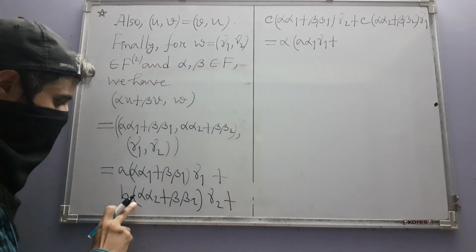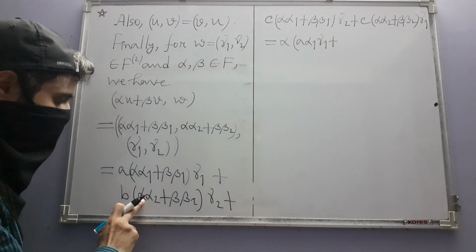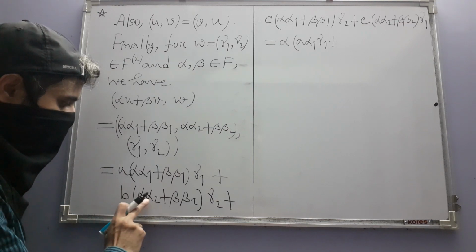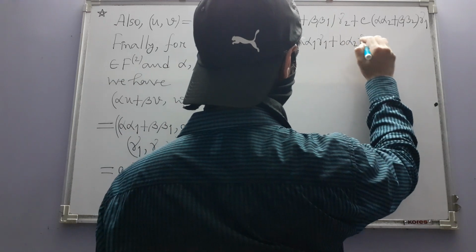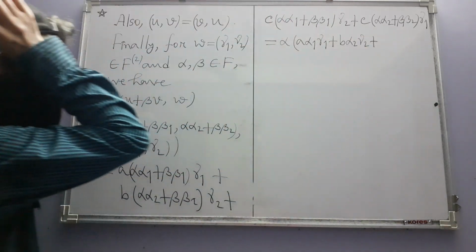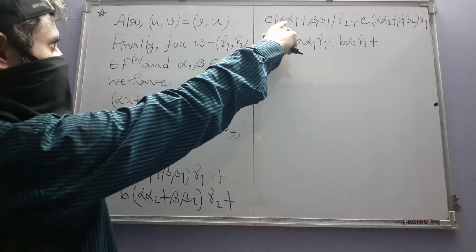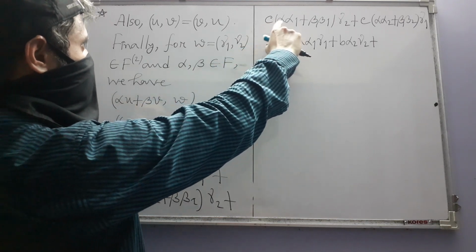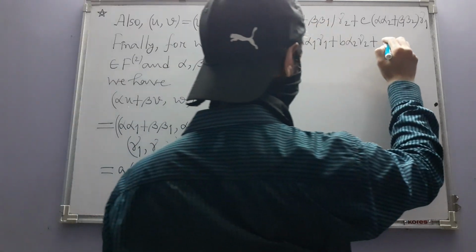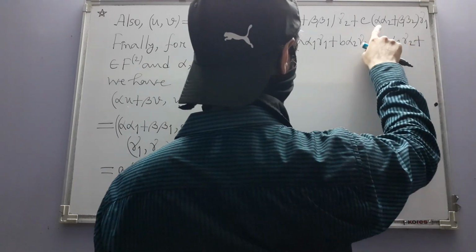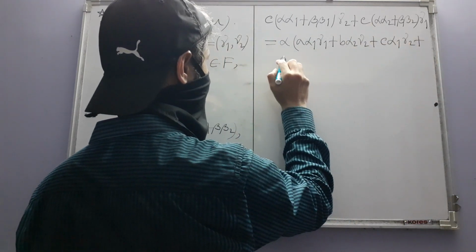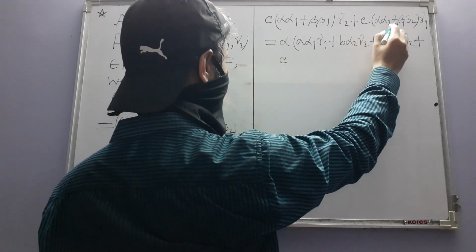Plus, from this one also we can take one alpha out, B alpha 2 gamma 2. Plus, from this one we can take one alpha out, C alpha 1 gamma 2, plus from this one again C alpha 2 gamma 1,